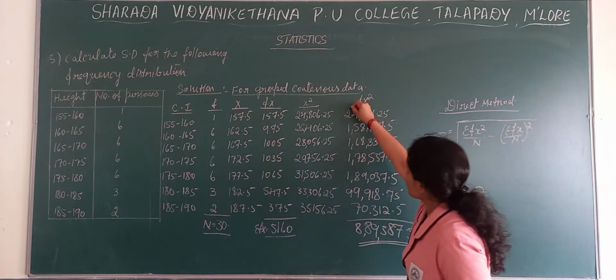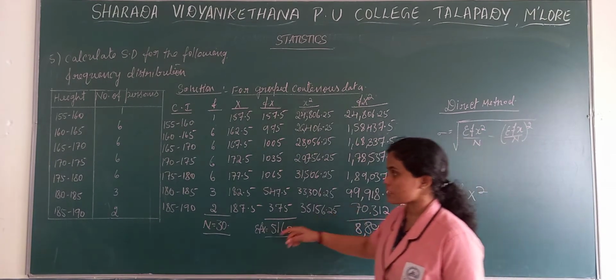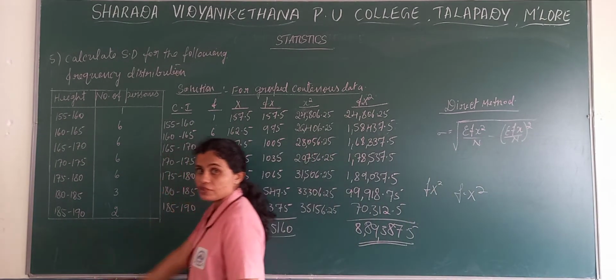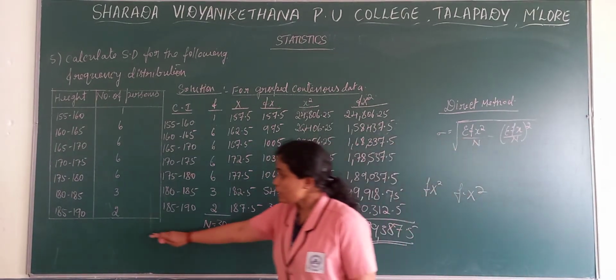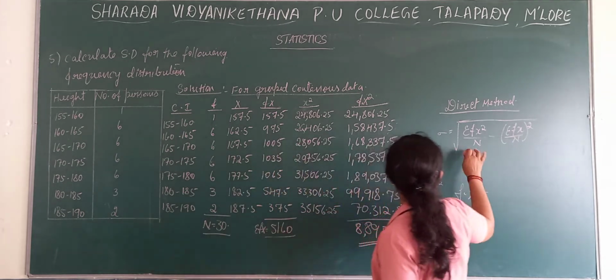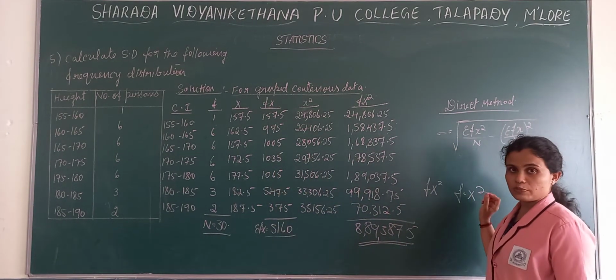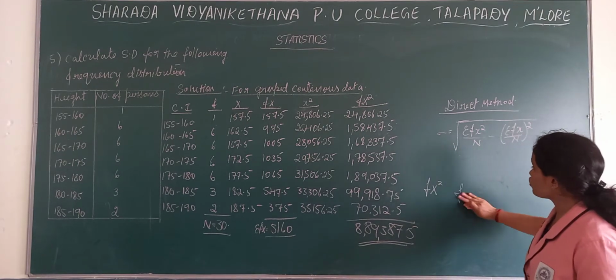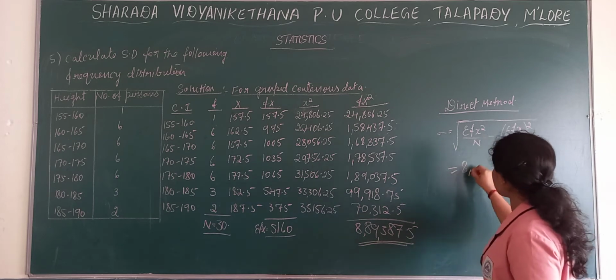So you may make mistakes in between. For that purpose, when we have larger values, we go with the deviation method. So once we try with the direct method, what answers will we get? For that purpose, I have taken the direct method formula. Now apply it in the formula. Sigma fx square we got as